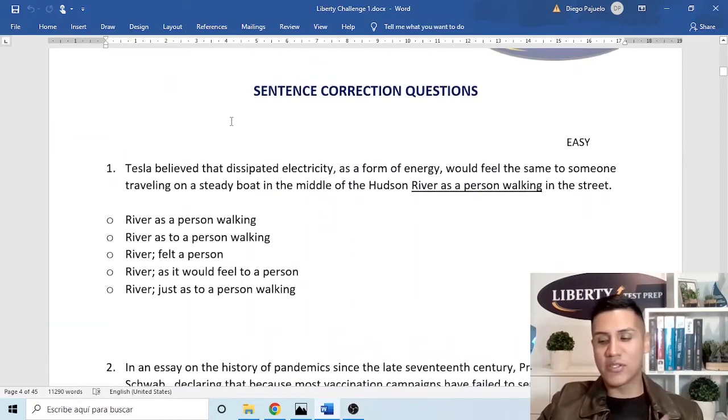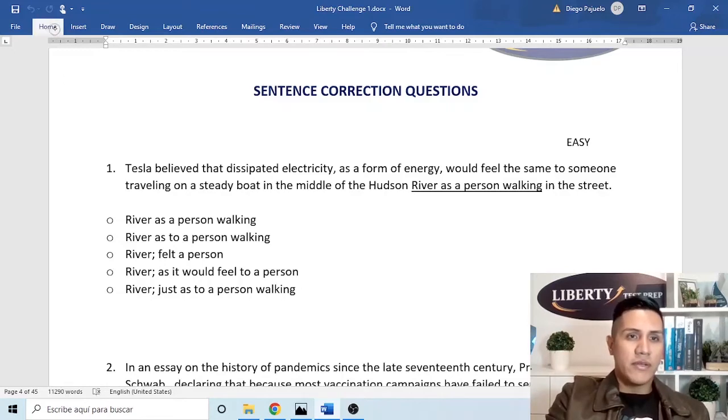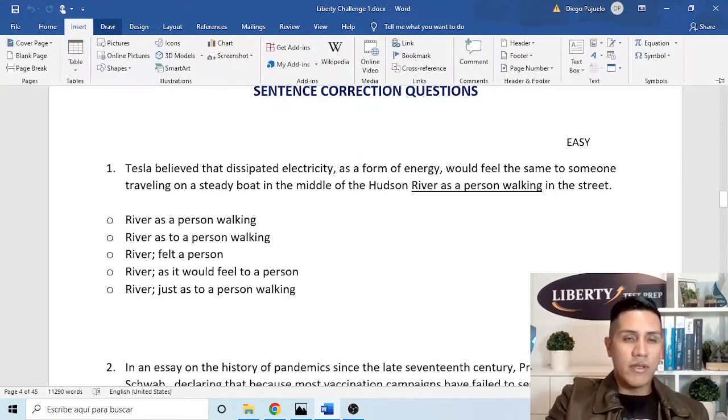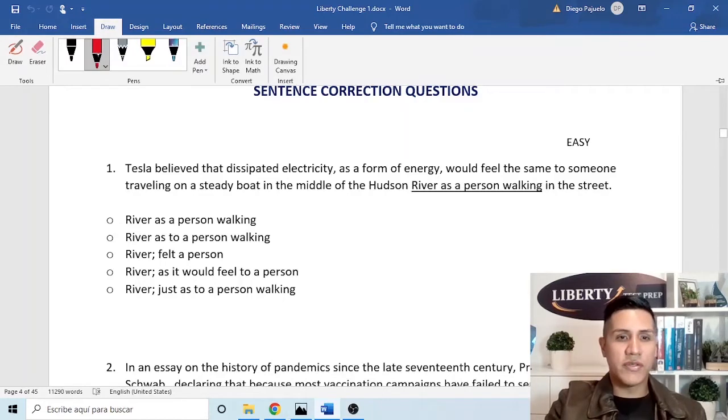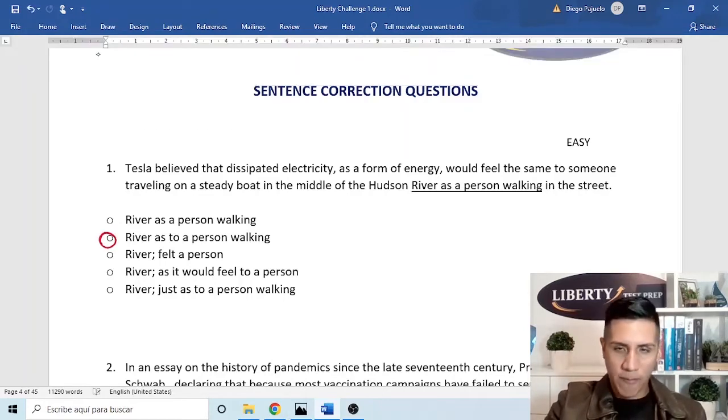So the first sentence correction exercise is this one, okay? The answer here is B, right? Why? There is an idiom here, the same